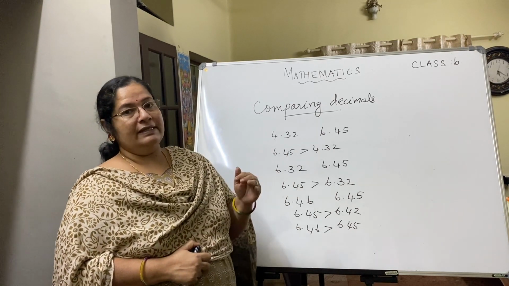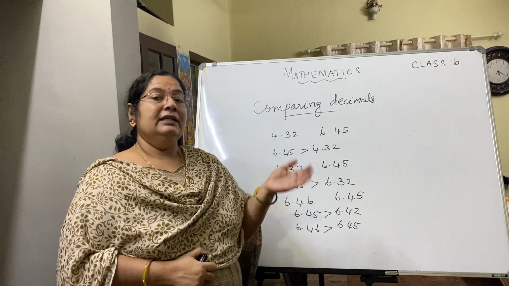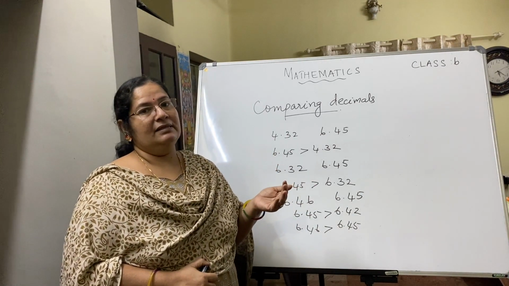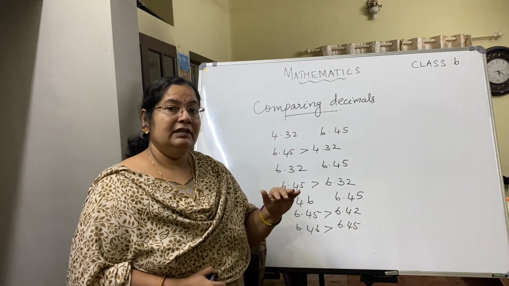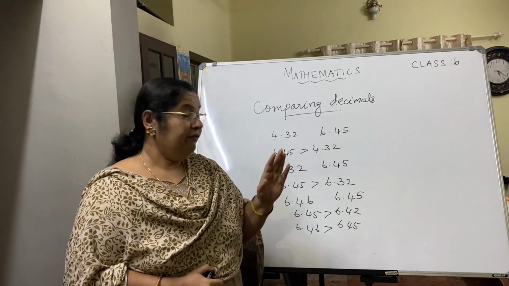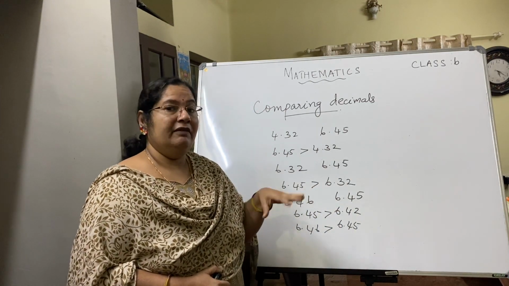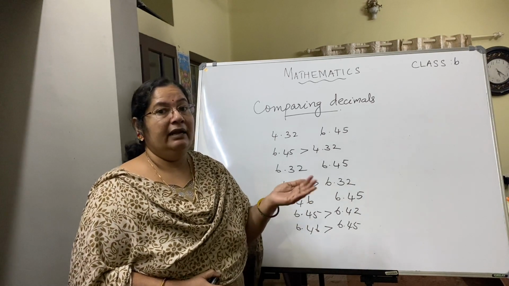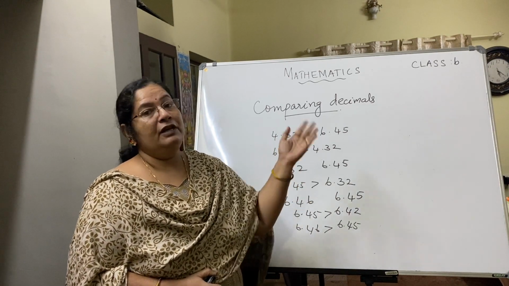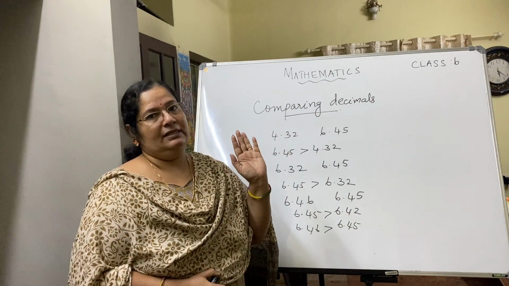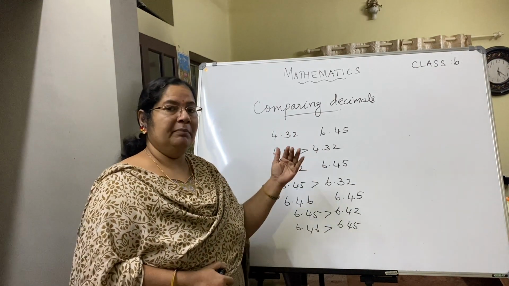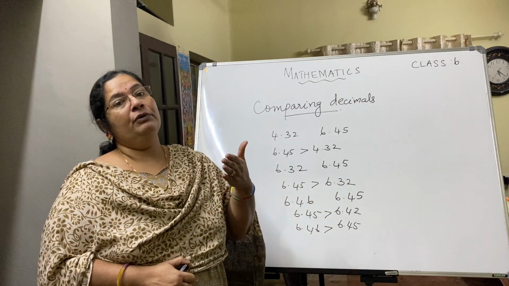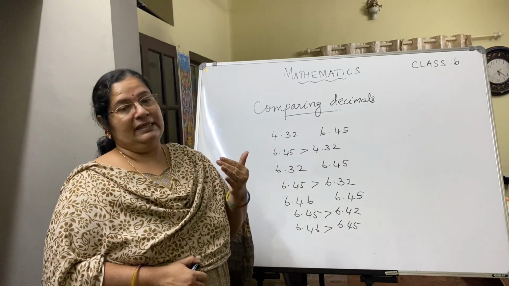What do you do? As a first step, you compare the whole number part. If the whole number parts are the same, then you compare the 10th place. If there also it is the same, compare the 100th place. If the 100th place also has the same digit, and you are having two decimals having the 1000th place also, then if the 10th place and 100th place are all the same, you compare the 1000th place. So is it clear how to compare like decimals? Stepwise, how you are going to compare each place.